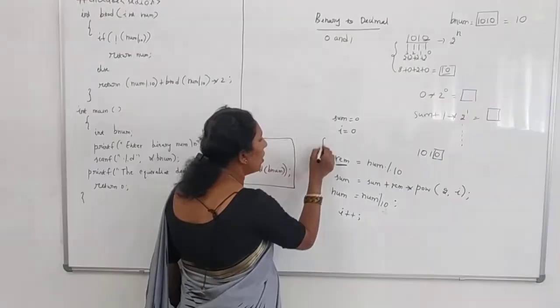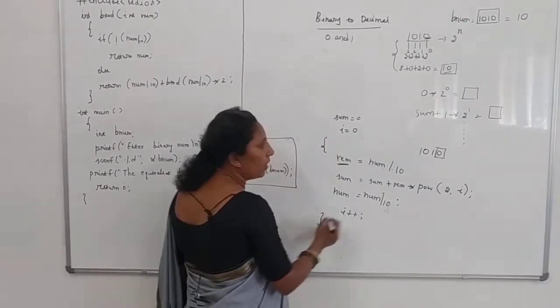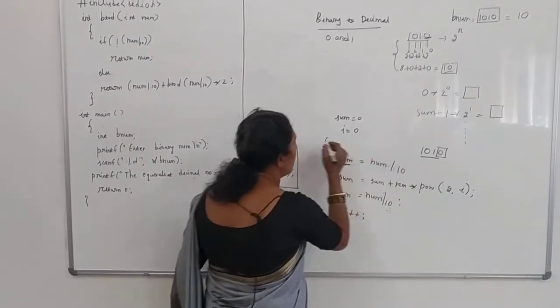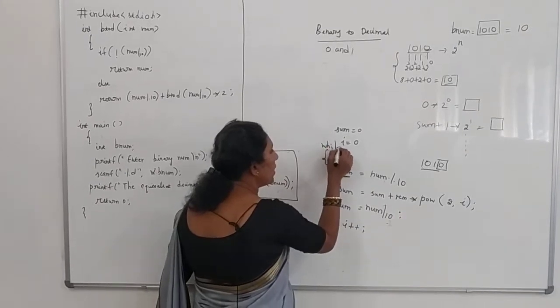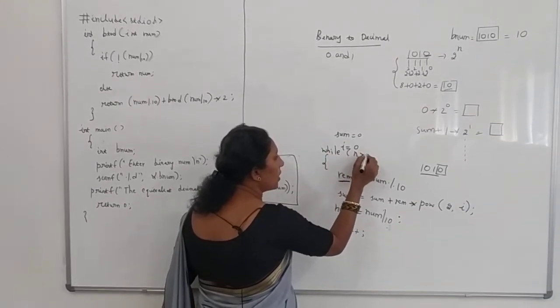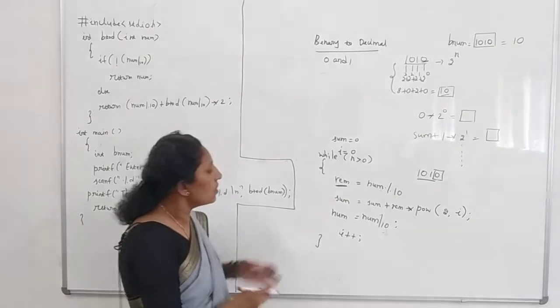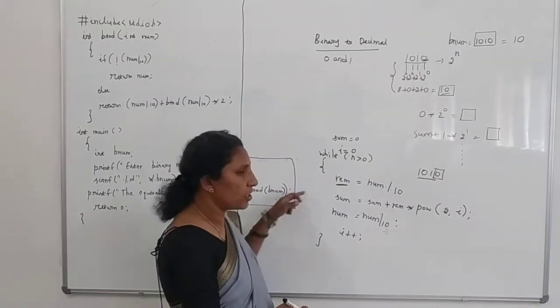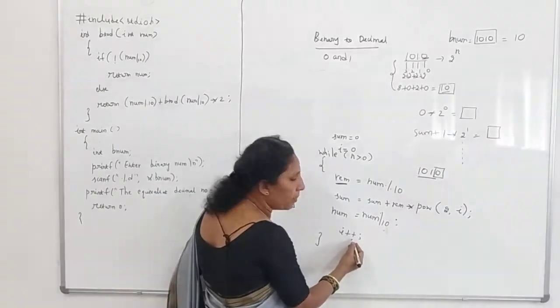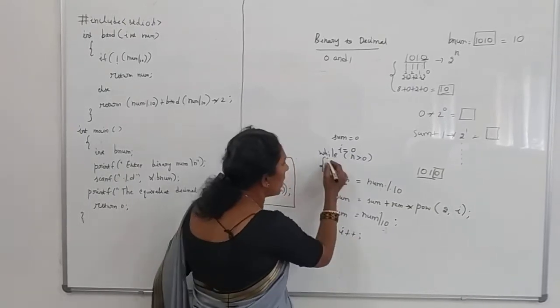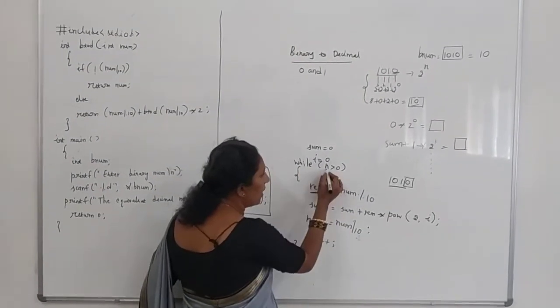And then how long do I repeat this step? Until the entire binary number is processed. So I will make use of an iterator, a while loop, while n is greater than or equal to 0. That way the iteration will repeat. For example, i plus plus is there, so the i value becomes 1. Again n, here n is nothing but the